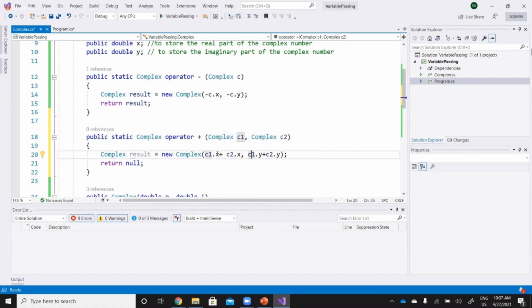Simply we are adding the two variables separately, and then we can return the result, right? Real part එක වෙනම add කරනවා, imaginary part එක වෙනම add කරනවා, ඒ add කරන value එක දාලා අලුතෙන් complex number එකක් හදලා ඒක return කරනවා. Now you can add the two complex numbers.